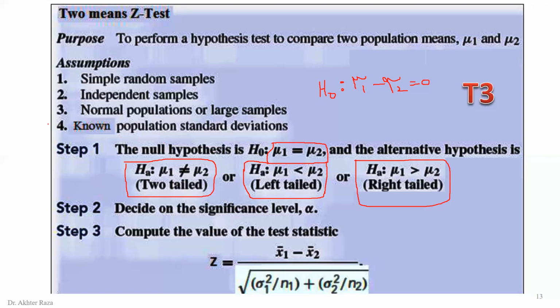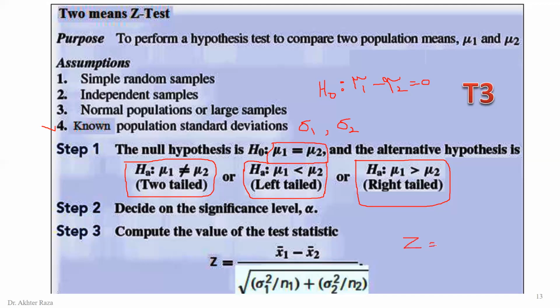One important thing about the Z distribution that you already know is that the population standard deviations sigma 1 and sigma 2 both are given in the problem. If the population standard deviation 1 and population standard deviation 2 are given in the problem, we can use the procedure T3. Procedure T3 is just the Z test, or the Z score, for the difference of two means according to the Z distribution.